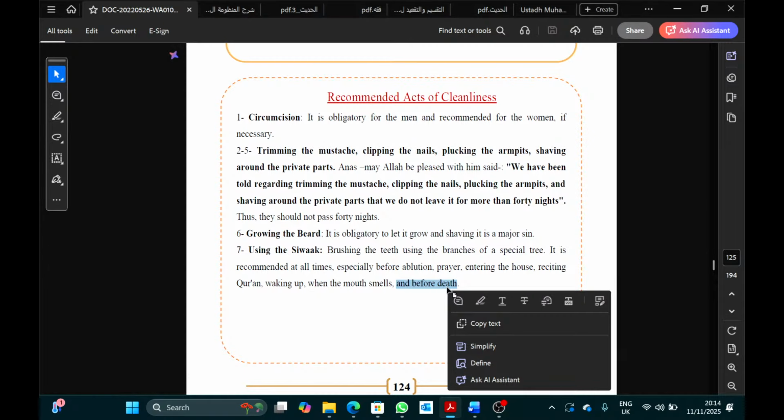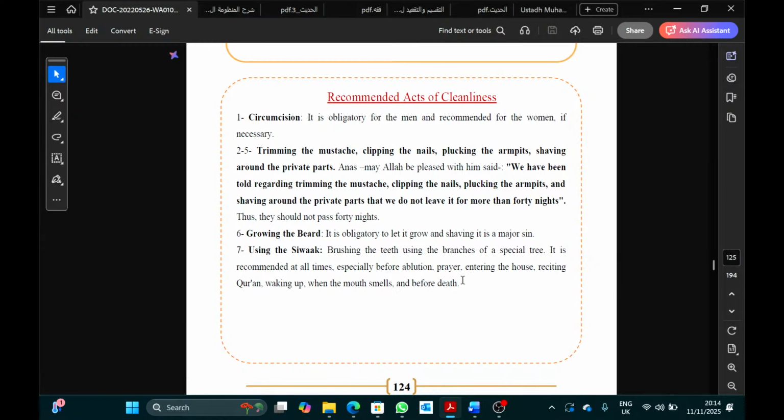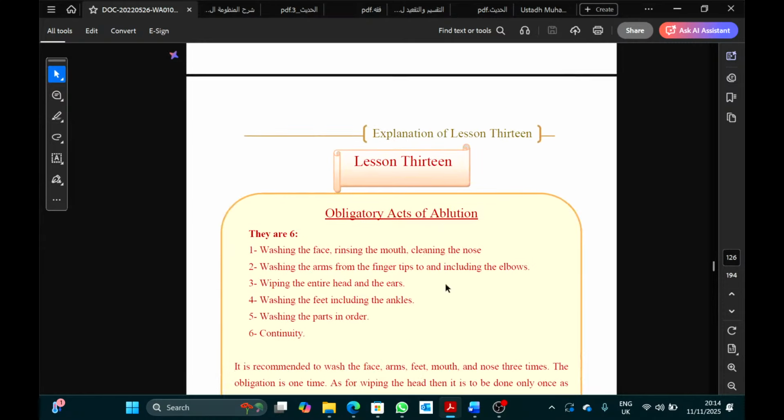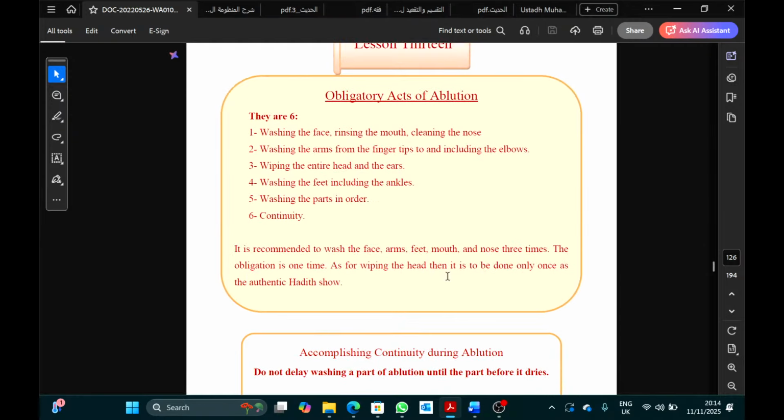He was on his deathbed, and with Aisha and her brother there, the Prophet was pointing at the siwak. And Aisha understood and gave him sallallahu alaihi wasallam the siwak. And then he passed away, sallallahu alaihi wasallam.